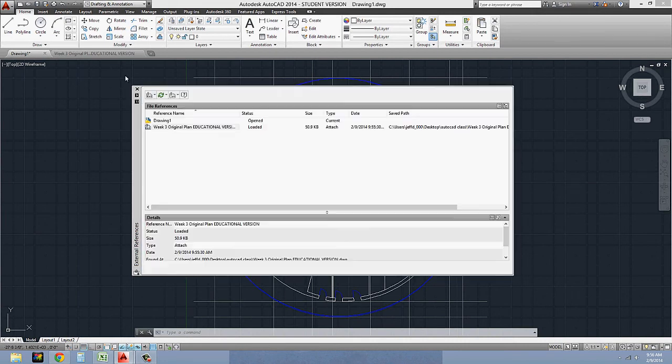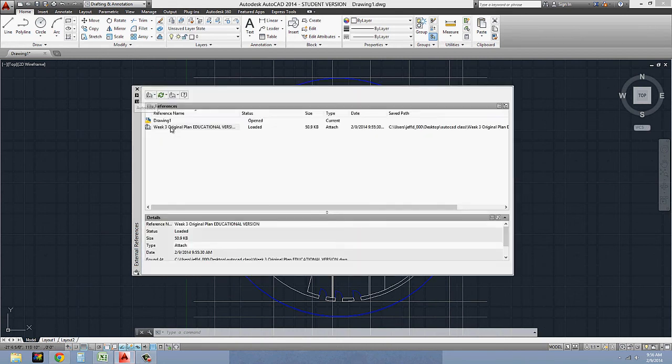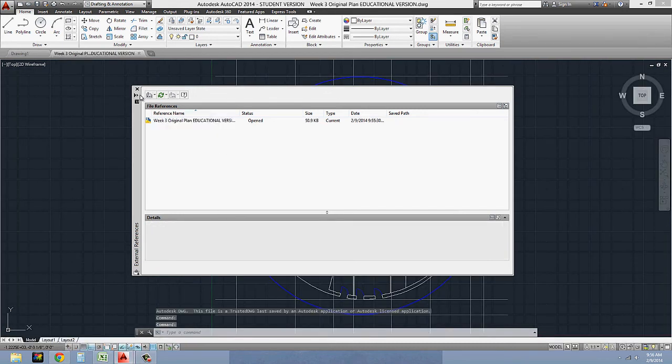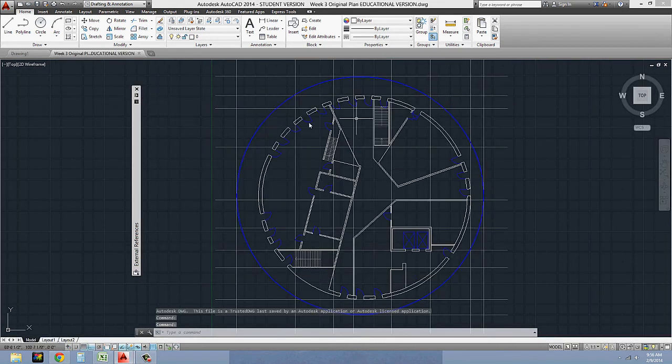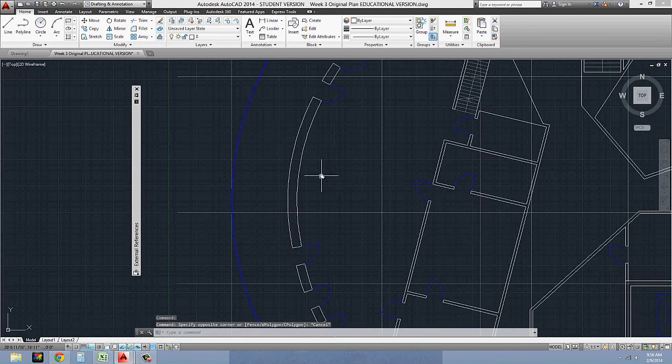The second way of doing it is just by doing the same thing. If I close out of my original plan, is to right click on the name of the XREF, go into open, and it's going to open your original file. So if you have a ton of XREFs and you don't know where they are, you can always just go into list, right click on it, and go to open. Okay, now I'm in my original plan, and again,